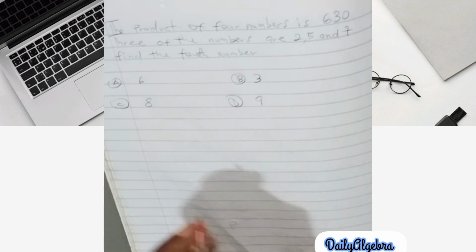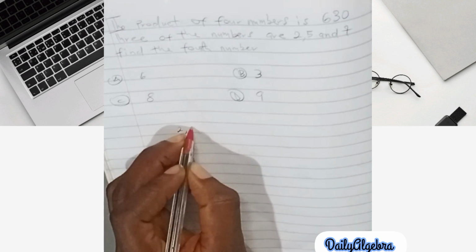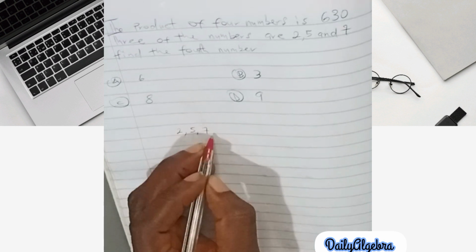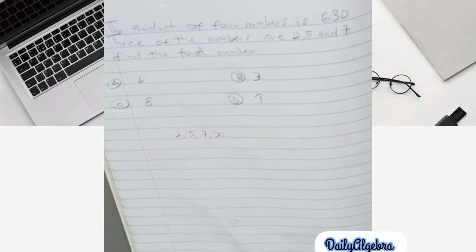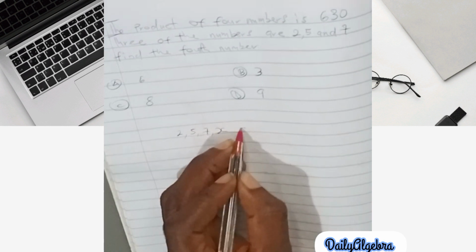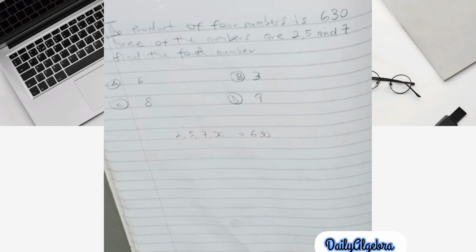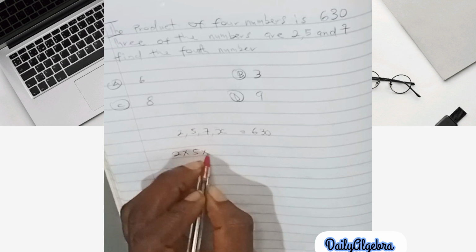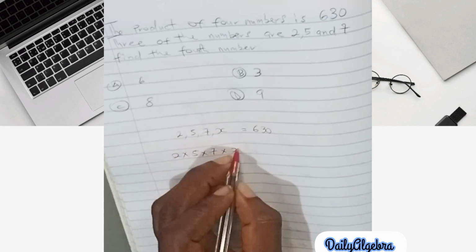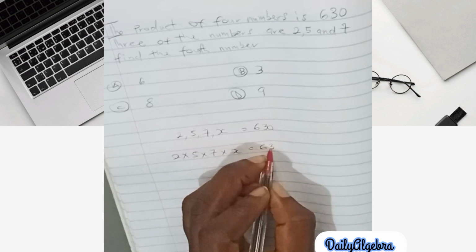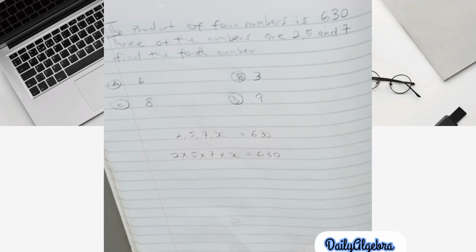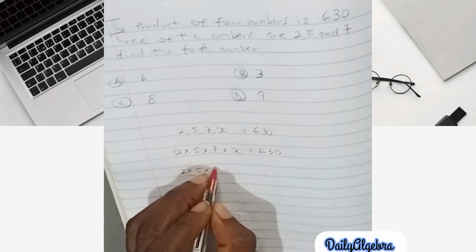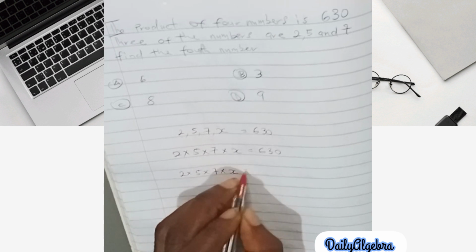It says four numbers. So 2, 5, 7. Yes, we left one, so we put a variable there as an x. These four numbers, the product is giving us 630. So now let's go. 2 times 5 times 7 times an x is equal to 630. So here I'll leave the numbers as they are, as 2 times 5 times 7 times an x equals,